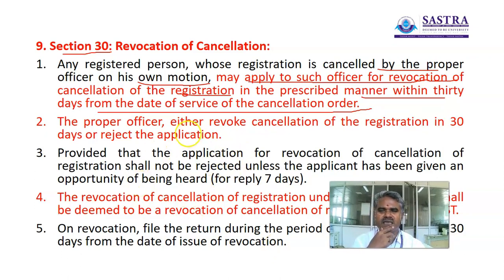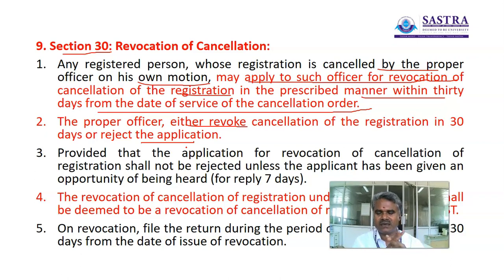The proper officer will either revoke the cancellation of the registration in 30 days or reject the application. Either he revokes the cancellation or rejects it. If he suspects you are in the wrong, that you are not going to do the business correctly, that you suppress the facts, then when he suspects, there is no chance of getting